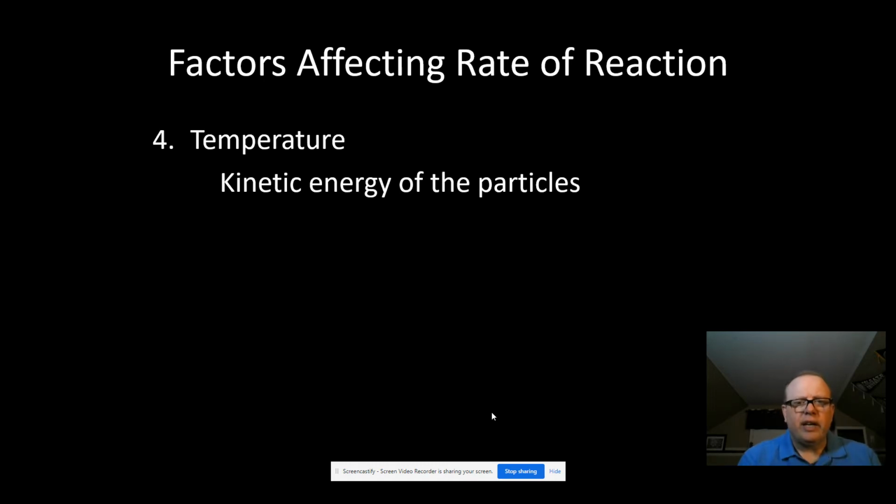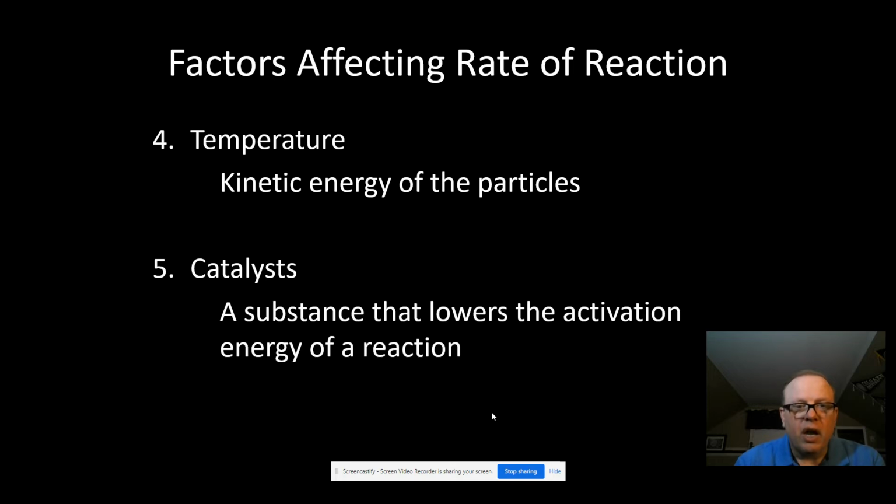Temperature, which is the kinetic energy of the particles, again, will influence their speed and their ability to collide with enough energy for a reaction to take place. And lastly, a catalyst. Is a catalyst present? If it's present, it is going to reduce the amount of energy needed for the reaction to take place. A catalyst, a substance that lowers the activation energy of a reaction, is something that we always want to be careful of. But in kinetics here, it's going to affect the rate, but it's either going to be there or